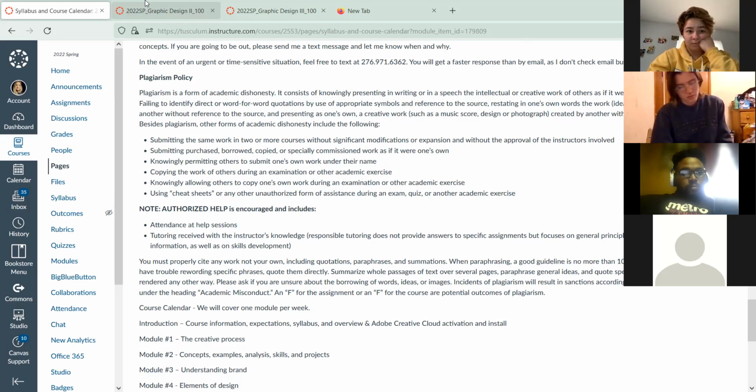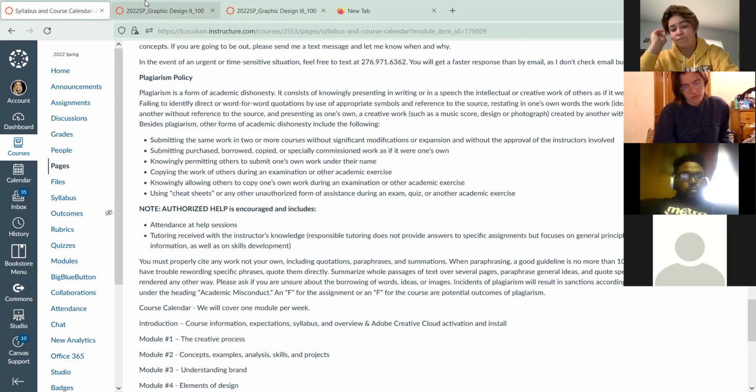If it's not your work, not your photograph, you just need to say, in this, I use so-and-so's photograph from blah, blah, blah, and give me some sort of citation or credit. So I know where the photograph came from, that it's not your specific work. You can use photographs that other people took, but I need you to note that in your work. Okay, that's what I'm telling you.